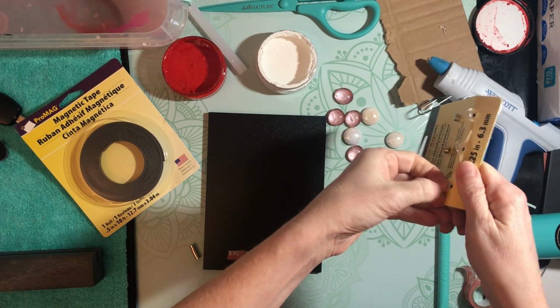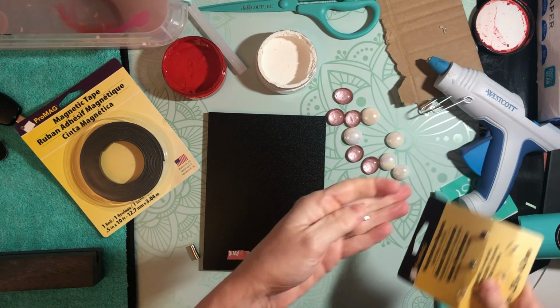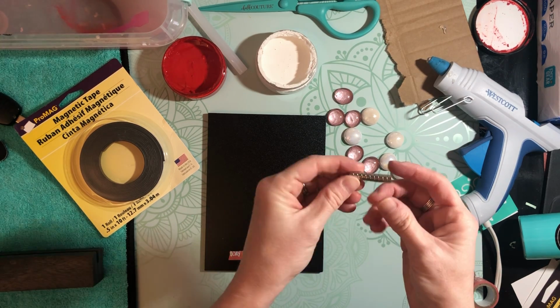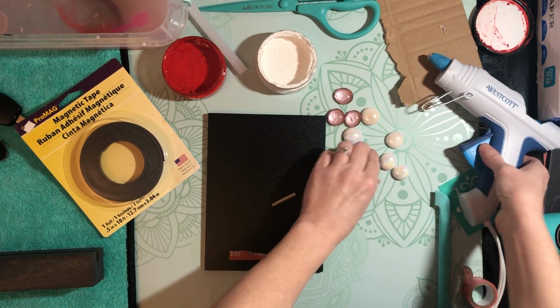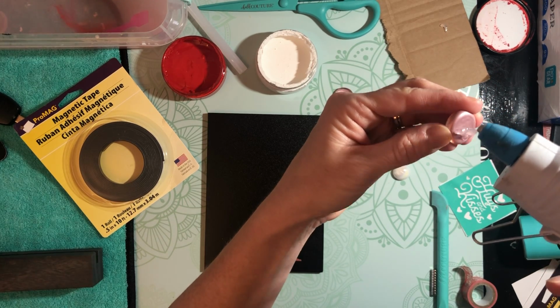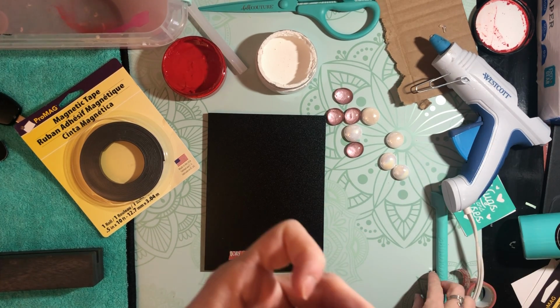Okay, so I tried this earlier with some different magnets, and it totally didn't work because the magnets were too thin. So make sure that you get these little magnets because they are super, super strong. Okay, so here's what we're gonna do. We're gonna put a little dot of glue on the bottom of one of these, and try to keep it off of our